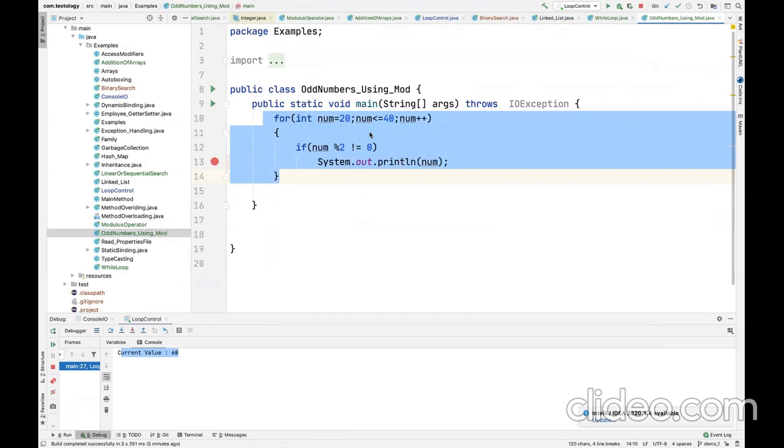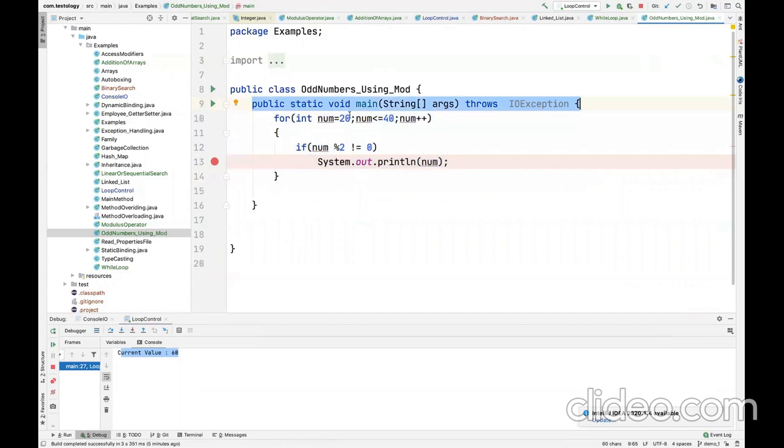We have defined a for loop here in the main function, initialized with the value 20,